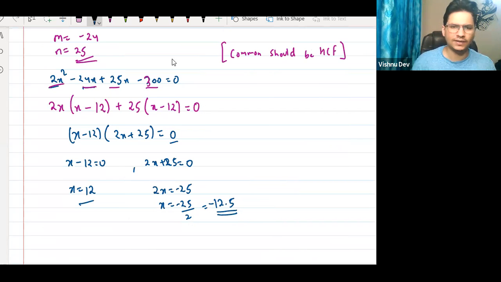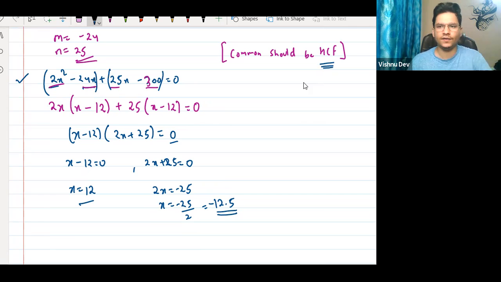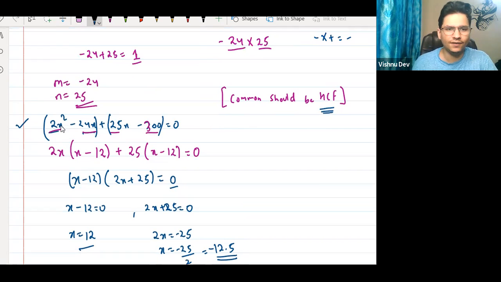I will explain once again. ठीक है? So first step is factorization. I hope all of you understood factorization. Brinda, factorization समझ में आ गया? Right? And after factorization, what we do, we take common. We group it. So we group these two and these two. And now, after grouping, we take common the HCF of the terms. So what is HCF of 2x square and 24x? Of 2x and 24x is